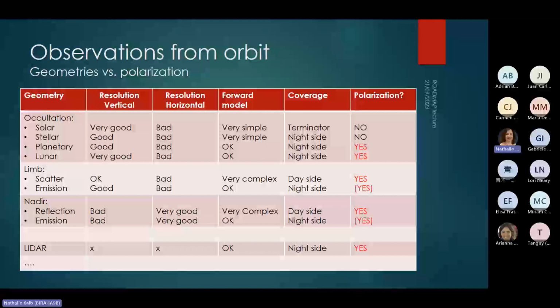Emission, I didn't speak about this, but sometimes, yes, some emission processes in the atmosphere are polarized. Night glow, aurora, things like this. And then you could look in the nadir direction. Of course, there's reflection, yes, polarization. Emission, sometimes, yes. Fluorescence